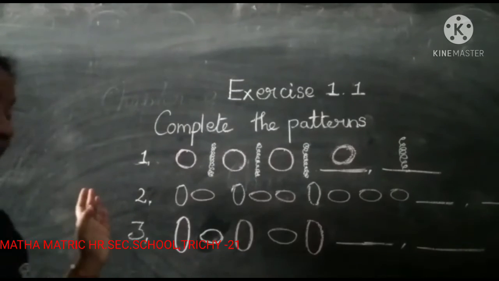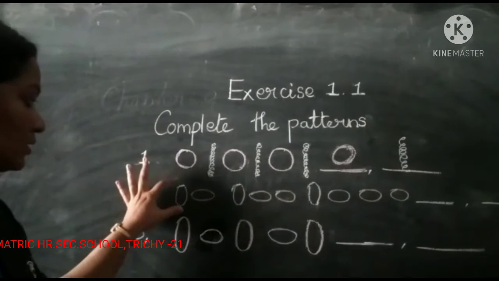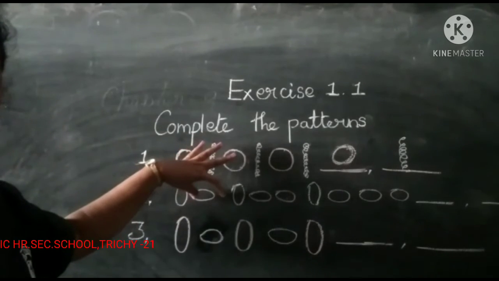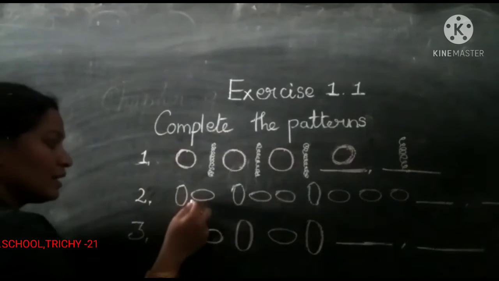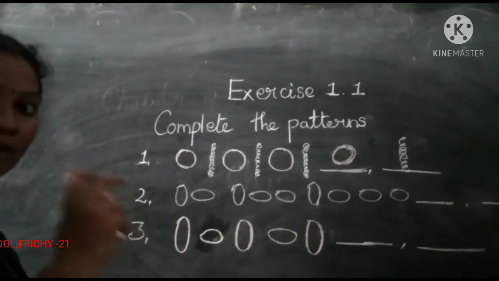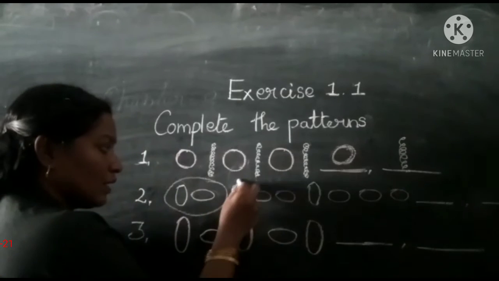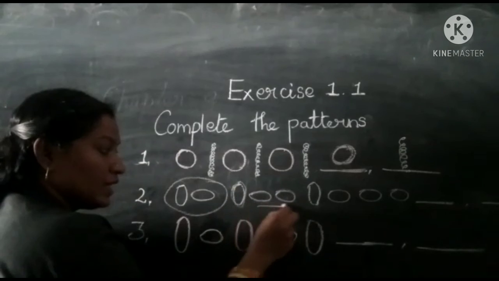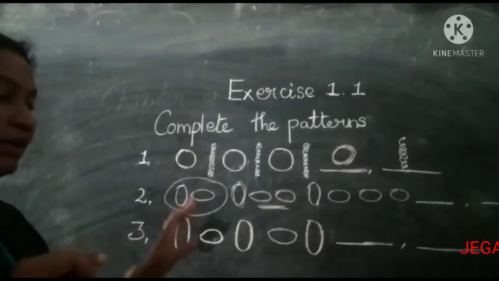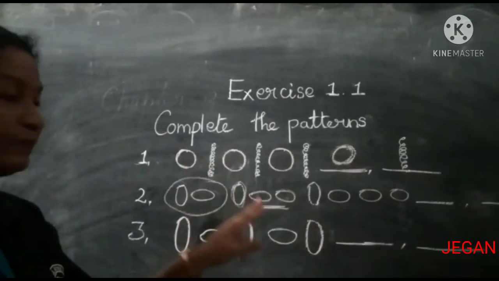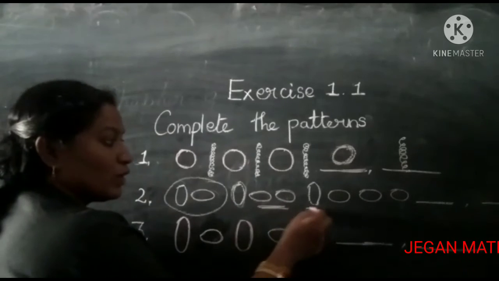Now let's see the next one. Oval. The oval pattern goes straight and sidewise. It's an increasing pattern. Design the first one and this right side one. Second one. This is one group of the pattern. Next one and this side one. This is the increasing pattern. See, this is one oval and here are two ovals. So it is an increasing pattern. Let's see the next one also.